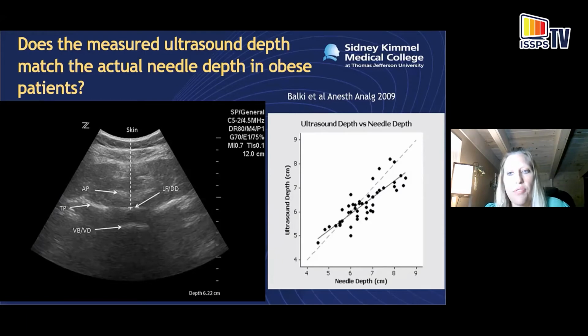So you have to account for that. And the literature varies as far as how much compression you might have to account for. It can be 1 centimeter or even slightly more. So it's just important, when you are trying to measure the depth to the dura or the posterior complex, and as far as your neuraxial structures, to note that the ultrasound depth is not going to be completely accurate. It will likely be a different depth.